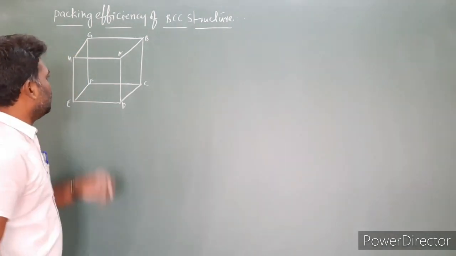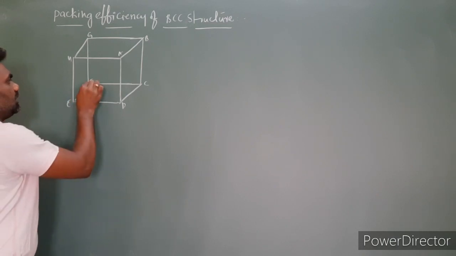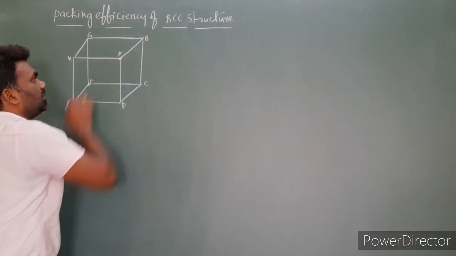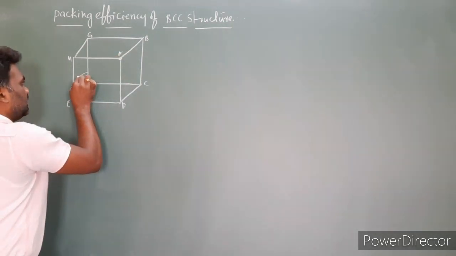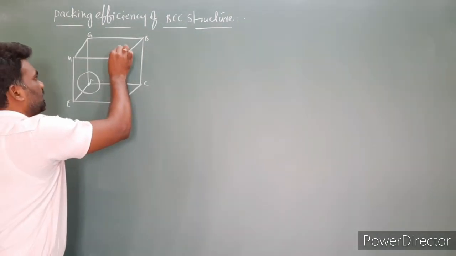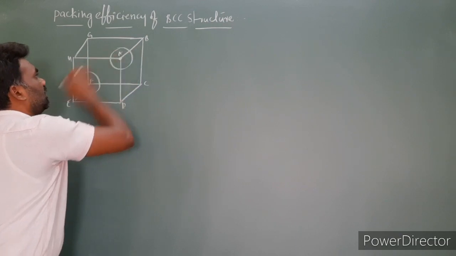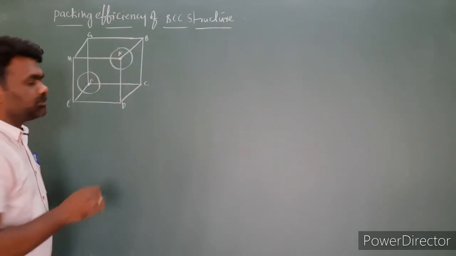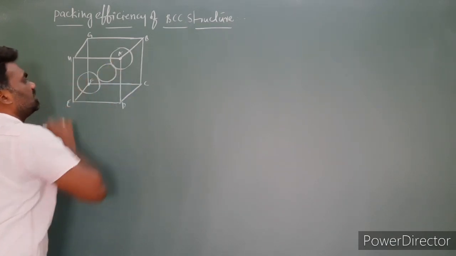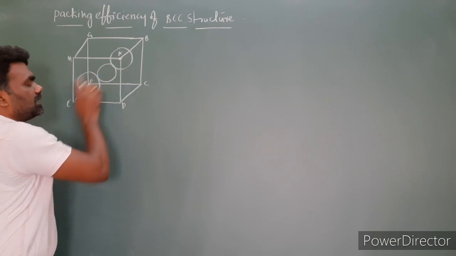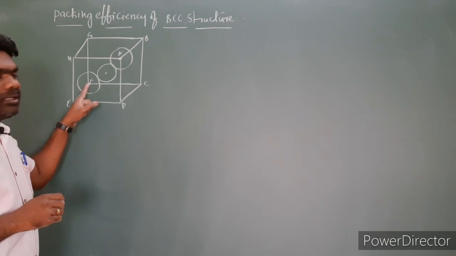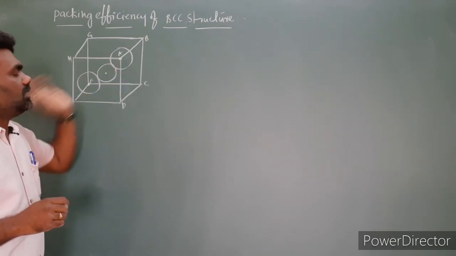Right. So first we have to look at the spheres. Suppose I am taking the constituent particle present at F position and the constituent particle at A corner. So this is the particle. At F corner I am taking the constituent particle or atom or a sphere. I am taking the sphere at A corner. And we have to take one sphere at its body center. So the one sphere is present at the body center. All the spheres are touching each other. This is the sphere or atom present at the body center. This is the sphere present at the F corner and this is the sphere present at the A corner.